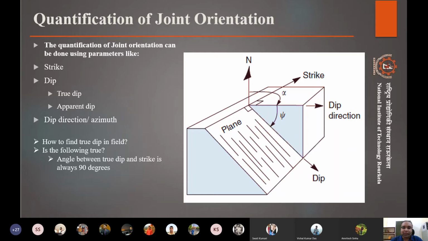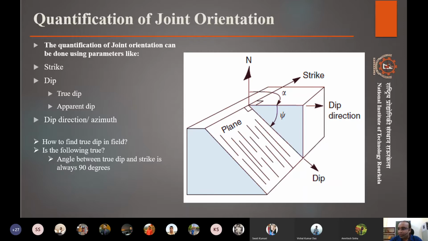But very practically, if someone wants to understand whether what I am seeing for a slope is a true dip or an apparent dip, just flow some water or throw a small pebble. Whatever natural direction it takes will be the direction of the true dip, unless it is obstructed by some other plane or obstacle. The natural direction it will take on the plane is the true dip. So that's an easy way to do it.